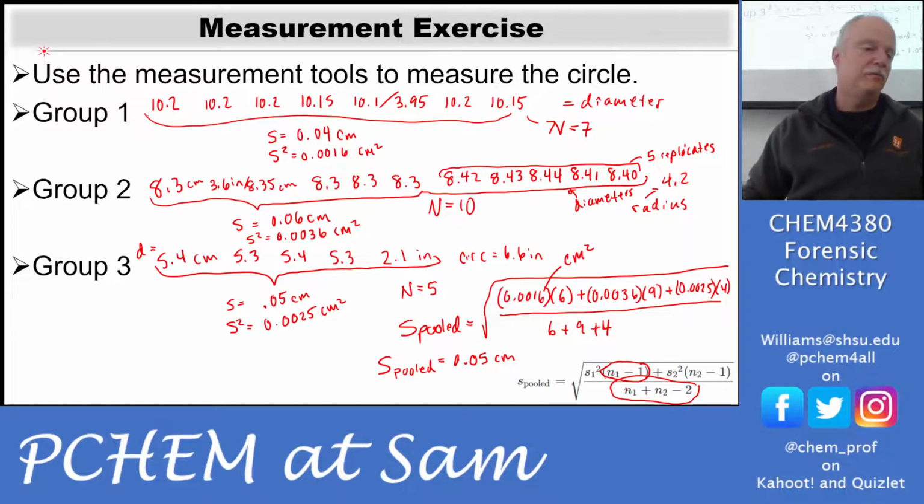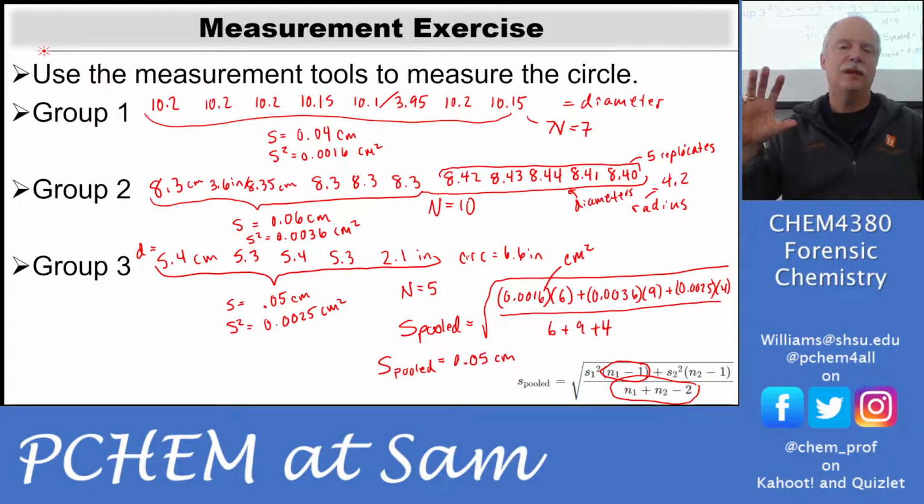So we would report the average value of all of these things. But it would be a problem because group 1 has a different average than group 2, which has a different average than group 3. So we couldn't really get a consensus view on the size of the circle, but we could realize that our precision is very good statewide. Okay, and we're just using different procedures in their labs.